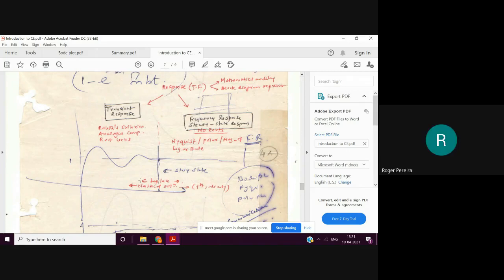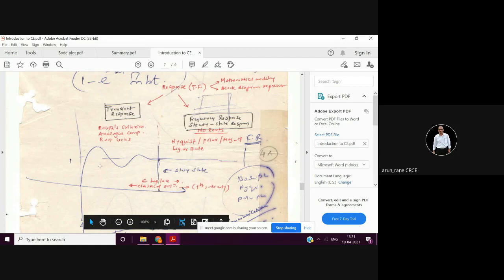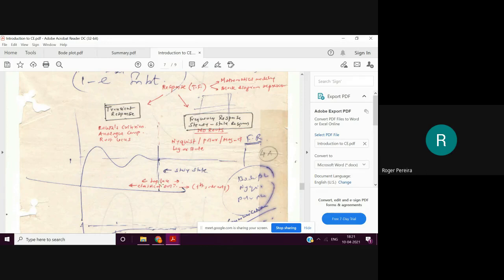Transient response can be studied, as you now know, by Routh's criteria, by root locus, and by analog computer simulation. And frequency response, that is steady state response, can be found by Bode plot, Nyquist, the minus 1 and 0 point, and magnitude and phase angle. Magnitude and phase is nothing but your Bode plot. Then Laplace and classical solution can give you both, because you get two solutions. One is your complementary solution, and that is the steady state solution. So this is the heart of control engineering.